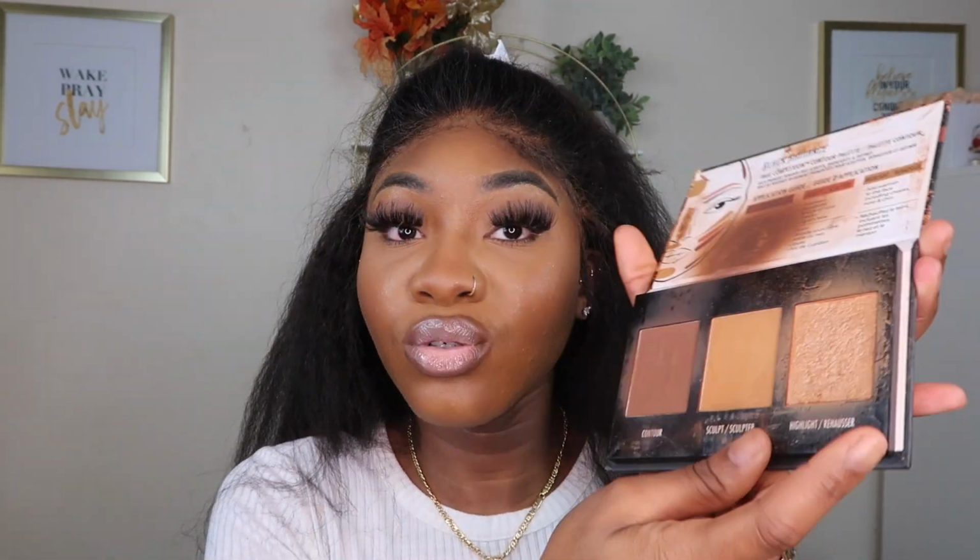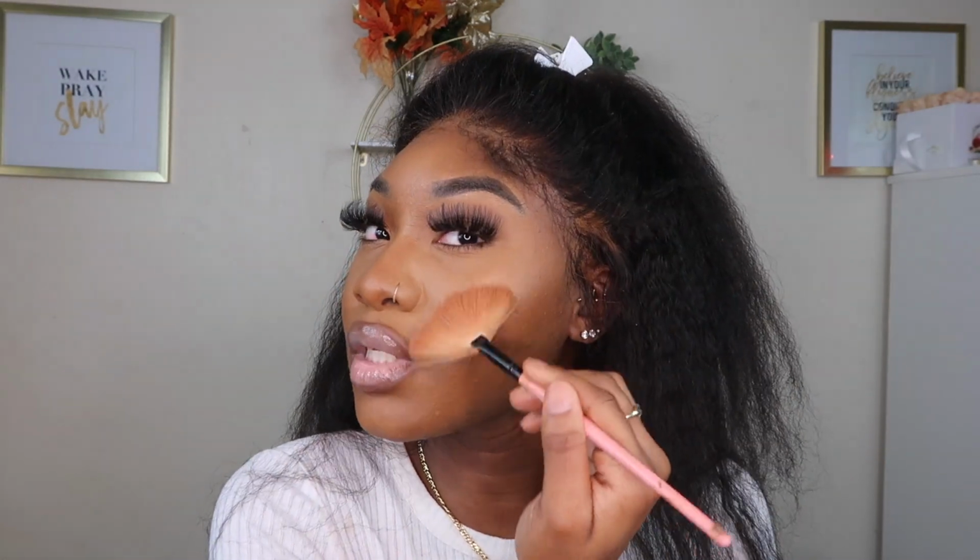Last up, set your face. And then one thing I always do after I set my face is apply my highlight. I do use the highlight in here. Before I was like a trophy wife type of highlight type girl, but I love the subtle highlights. I love the subtleness of highlights. I don't want to do too much. You don't need to see me walking down the block anymore, because you're gonna see me regardless, because I look good. So look at us,